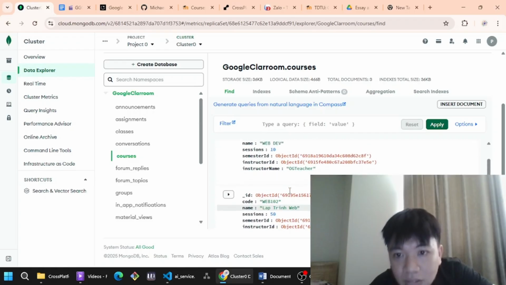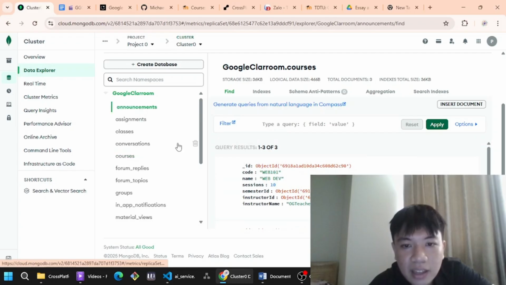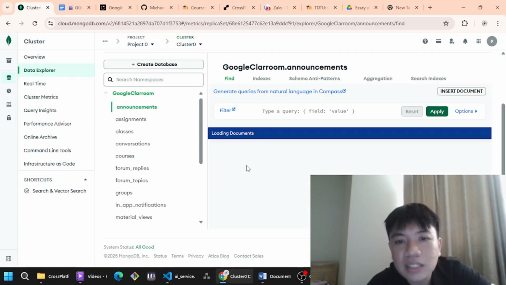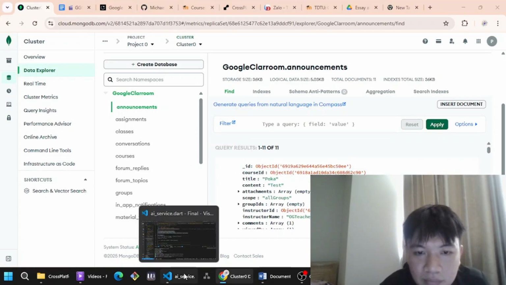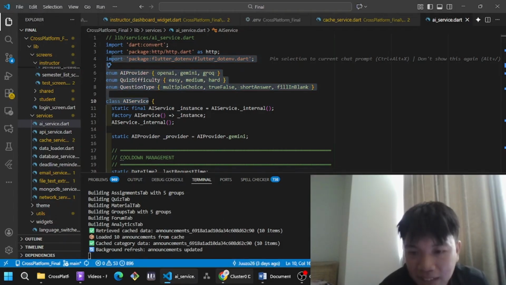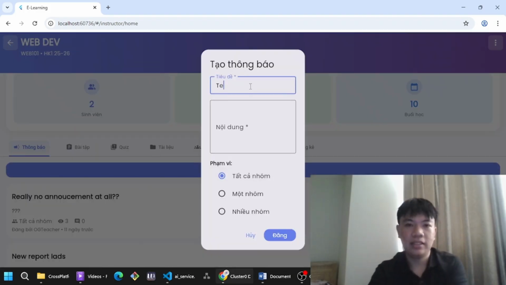Maybe let's look at the last one, right? C90. And for the announcement, you will see the C90. That's how we link the data together. If you want to make more testing announcements,